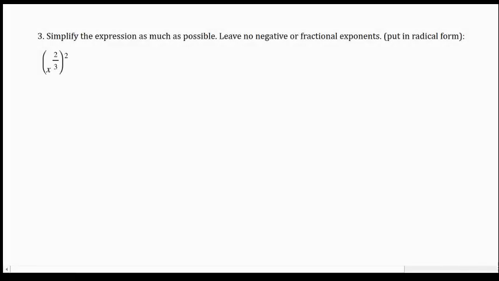You were asked to simplify the expression as much as possible, leaving no negative or fractional exponents, which means our answer here should be in a radical if it's not ending up being whole numbers. So first thing I'm going to do on this one is I have a variable here raised to a power, raised to another power. I'm going to use my exponent rules to tell me that power of a power, I